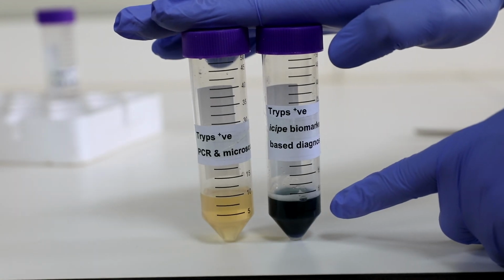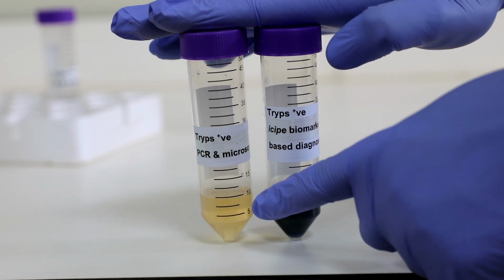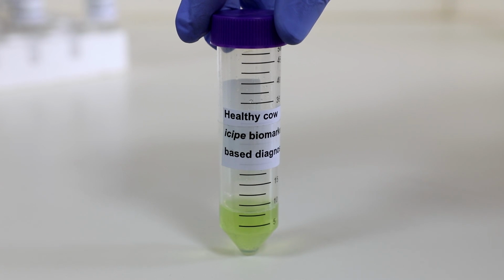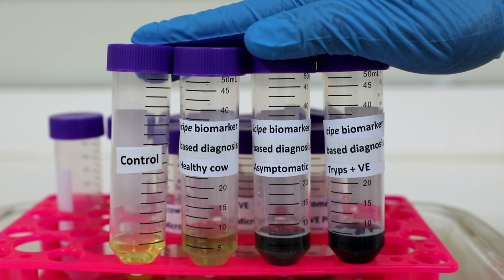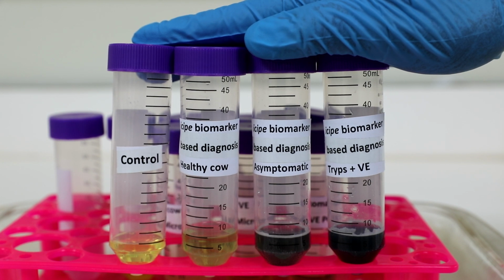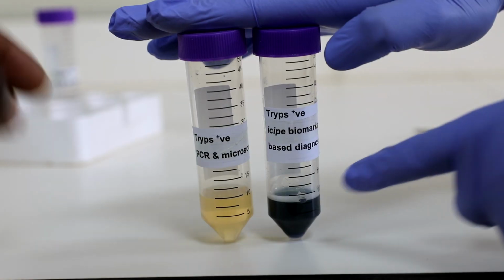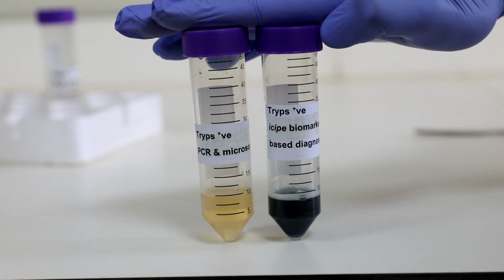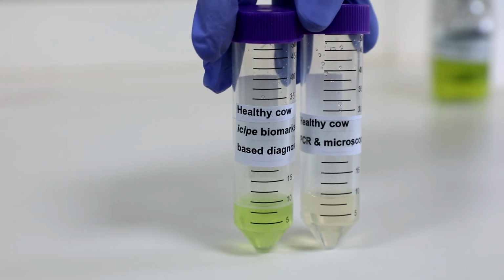If the urine sample is obtained from a trypanosome-infected animal, the color will change to blue within a minute. If not, it remains green. Often, the more the parasite load, the more intense the color change. We tested first, we used the control experiment. Everything is controlled. We also compared our technique with microscopy and with the PCR,